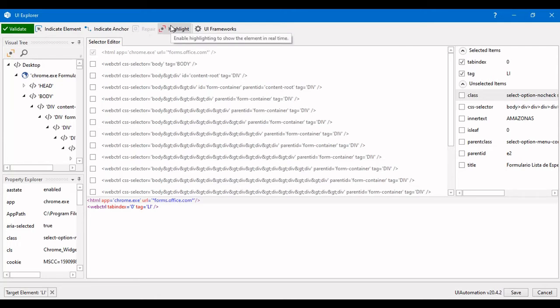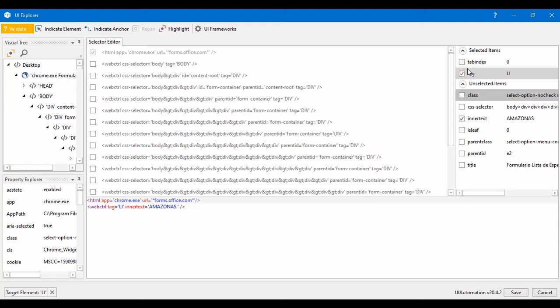Now we need to change the selector dynamically. Here you can see the selected items and the unselected items. We can see the inner text value here, which is Amazonas. So we're going to replace that value with whatever we are getting from the Excel or the data table. So we need to include that in our selector, and we are excluding the tab index.